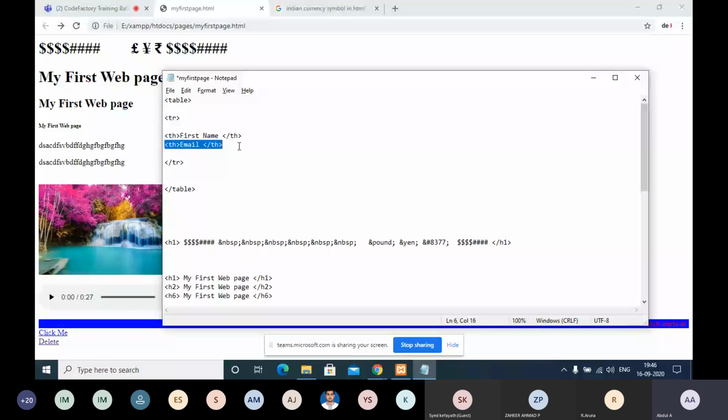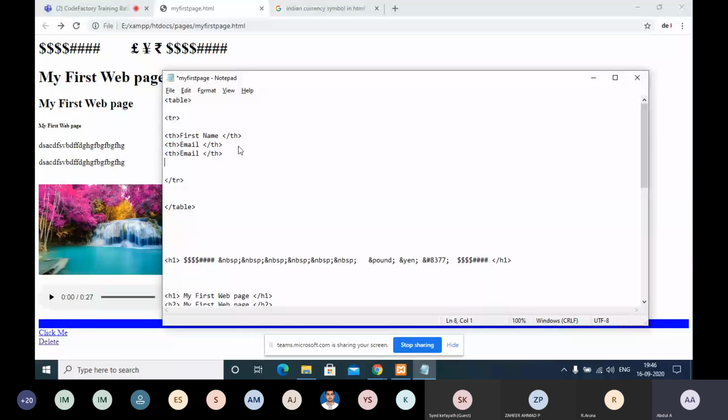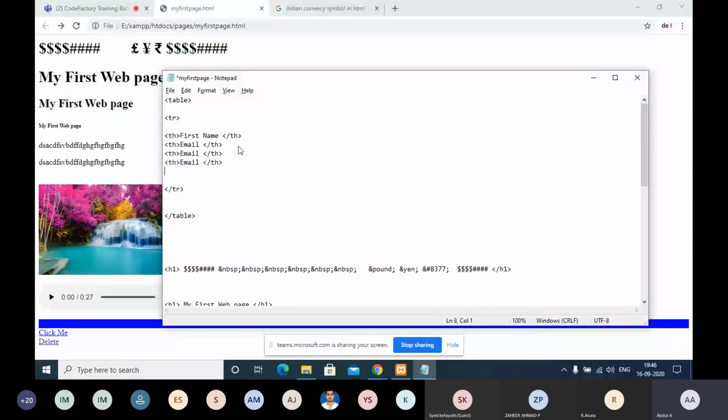Then we can copy and paste it 3 times and make the changes: email, mobile, address, and finally some pin code or whatever we can have. So as of now I kept 5 headers.